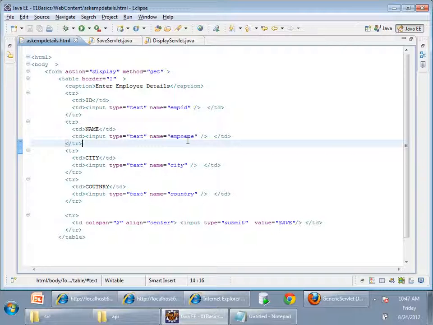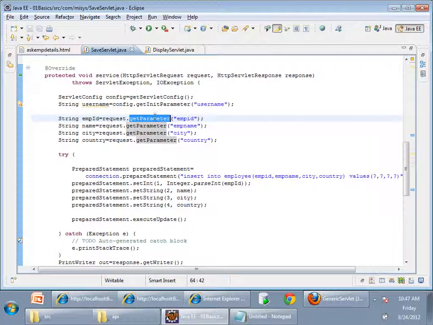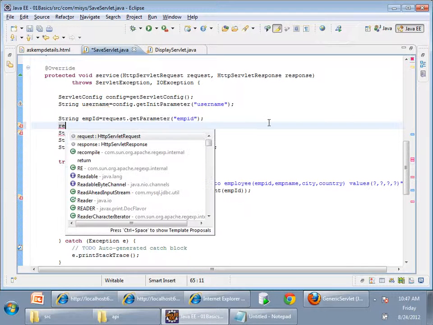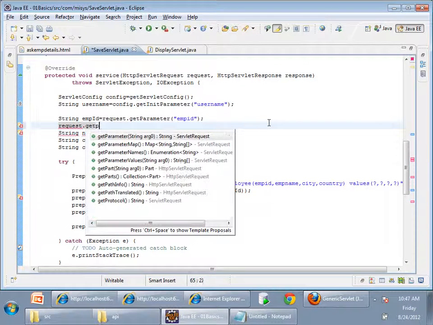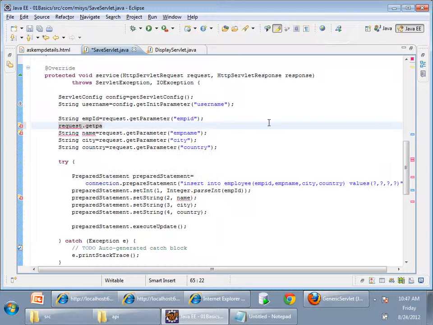So in that case, how do you display multiple values of a particular request parameter? If there is only one value, we use getParameter. If there is more than one value, request.getParameterValues with the name of the request parameter will give you the values of all. It will give a string array. One request parameter can have multiple values. Just wanted to tell you about it. Next,